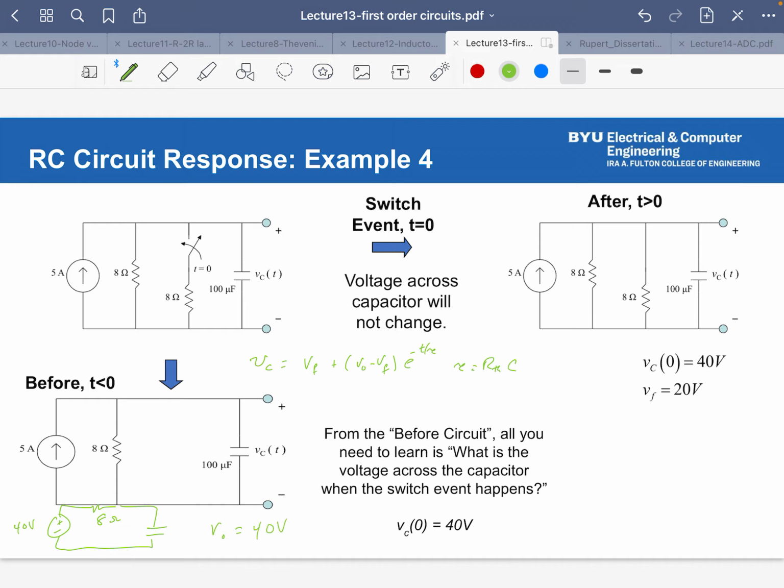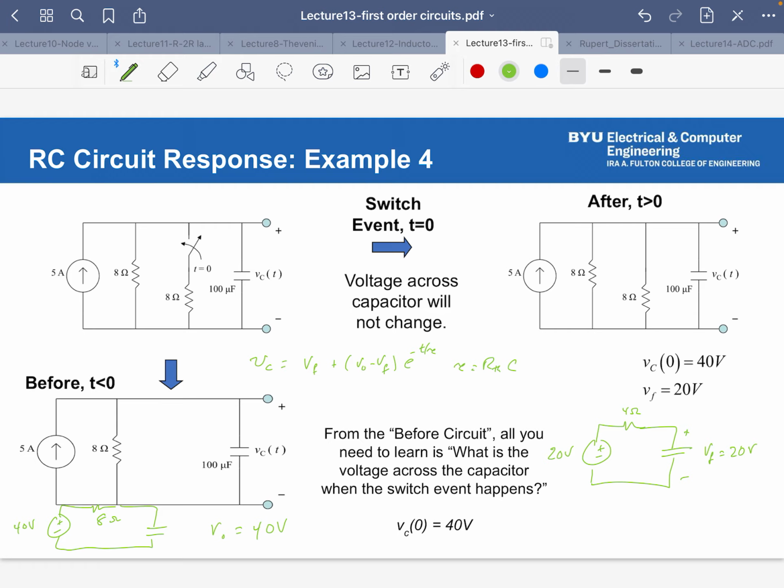Okay, then when the switch has been closed, now these two 8 ohm resistors are in parallel, and so this becomes a 4 ohm resistor, and now the voltage is going to be, this looks equivalent to now 4 times 5, which would be the 20 volts, and then a 4 ohm resistor across the capacitor. So this VF then is going to be 20 volts. All right,